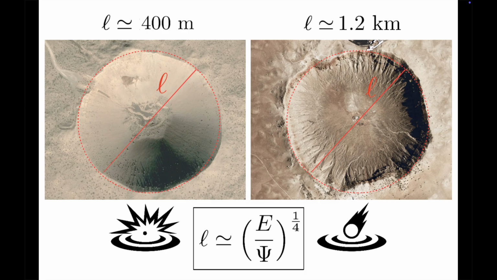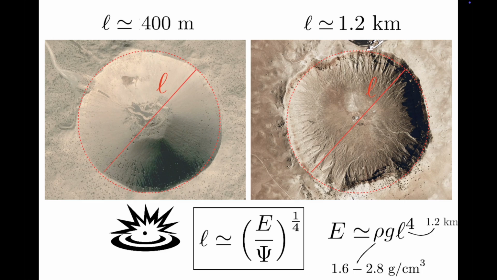For Meteor Crater, the energy of the impactor is not known with precision, so the only thing we could do is to estimate it. By comparison with the Sedan case, the size L should be the diameter, so around 1.2 kilometers. The weight density similarly depends on the density of the ground material. But the crater is so large that several layers of mudstone, dolostone, limestone, and sandstone were excavated, with densities ranging from 1.6 to 2.8 grams per cubic centimeter.